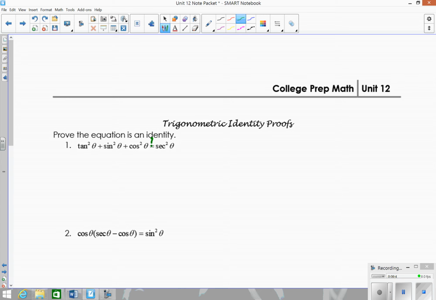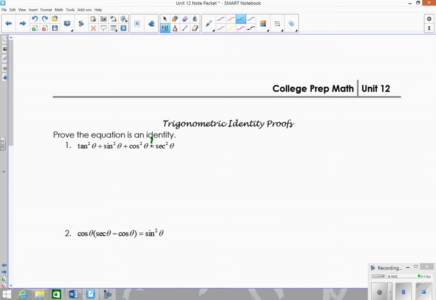So when you're doing this process, you don't really know if this is an equation yet. So you can't move one thing to the other side. I can't move things back and forth. I have to simplify the left-hand side and then simplify the right-hand side, or vice versa, or work on one side at a time. So I can't subtract cosine squared from one side to the other, because that would be assuming that it is an equation,